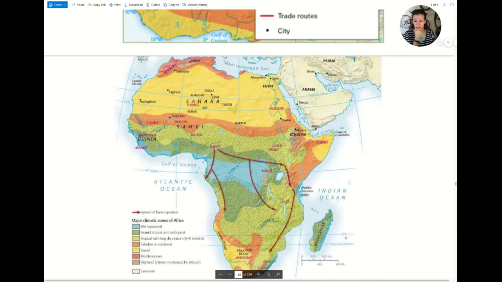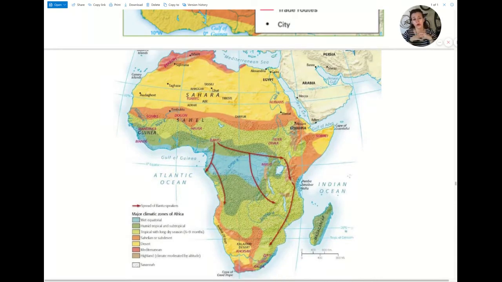Here is another map to note. Africa is just such an enormous continent with a variety of geographic zones as well as climatic regions. So please take a moment to look at this. Let's see, you have a tropical equatorial region. So this is like tropical rainforest. Think like raining every day. You have more rainforest. So here's Lake Victoria.